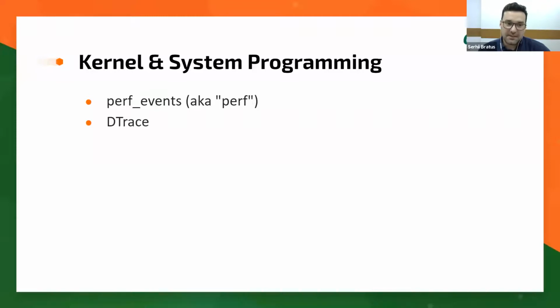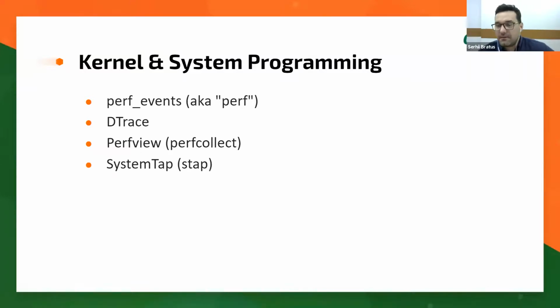DTrace is kind of the same. So this list has the things that you can use for collecting the performance counters. PerfView and perfcollect are wonderful things for .NET developers who are developing for Linux, because those will collect performance counters that will be aware of .NET and have some nice information especially for .NET developers. SystemTap is the one used for Fedora if you work with this. But those are basically the same, and they collect the information.